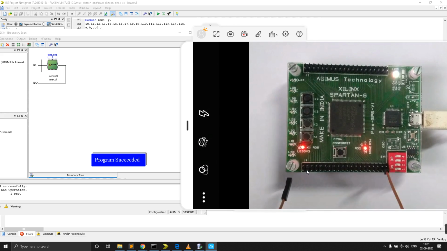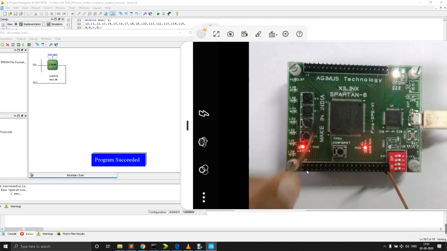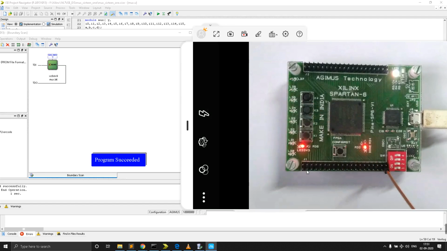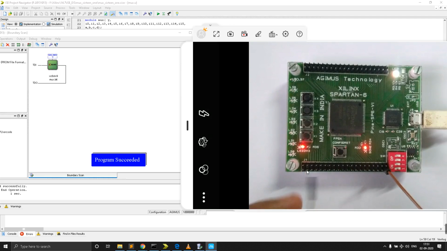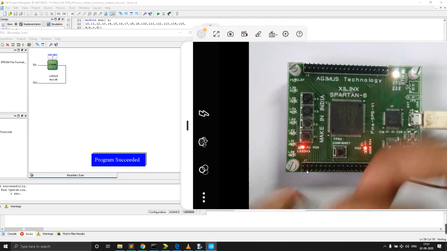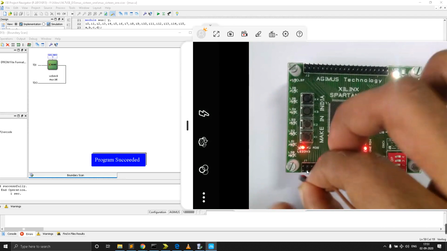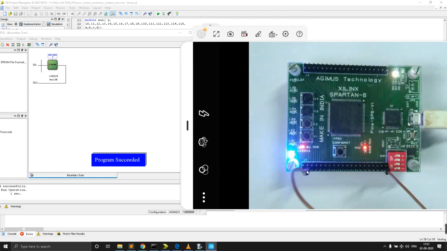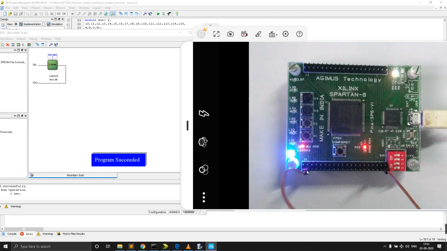Now this is the 3.3 volt that I'm going to connect. Here you can see I connected it from this pin, and I'm going to connect it to this I0, this GPIO port. When I connected it, it gives output 1, so that's why this LED is on now.